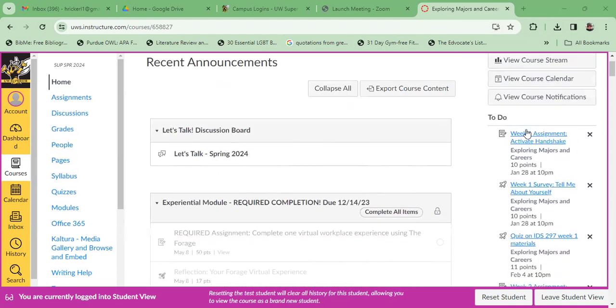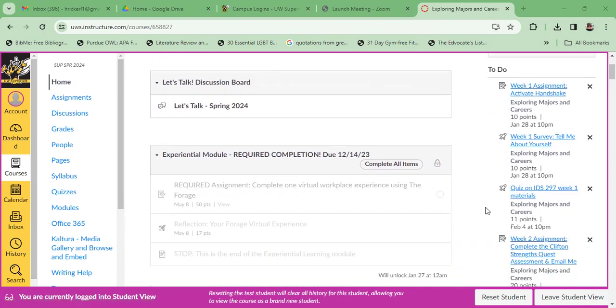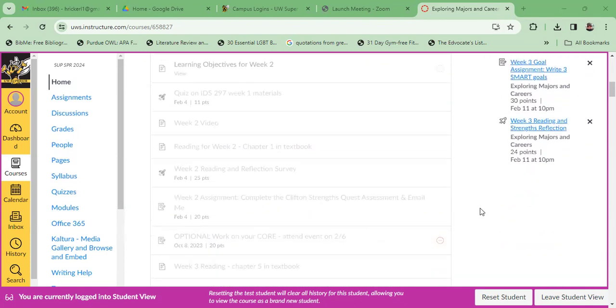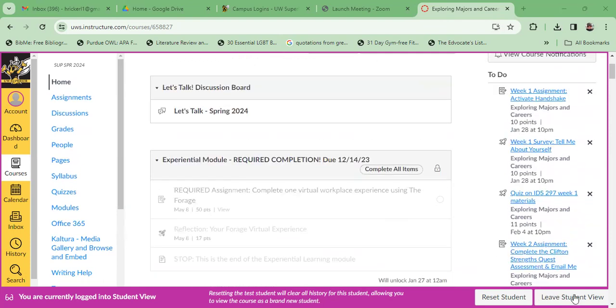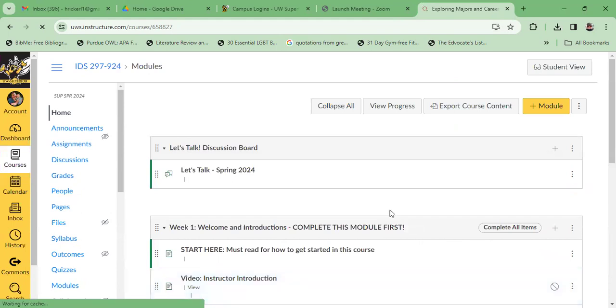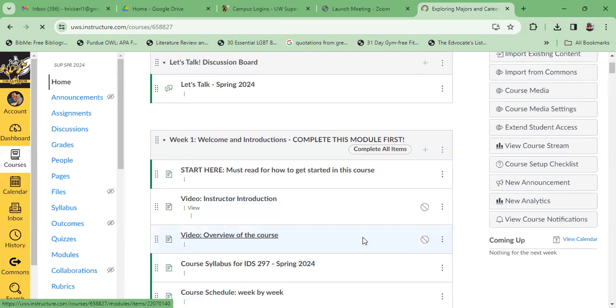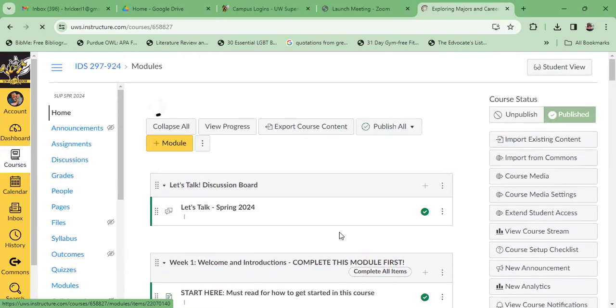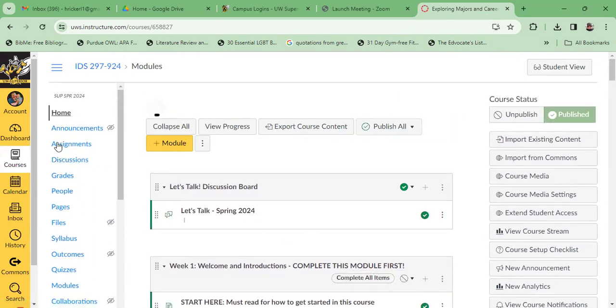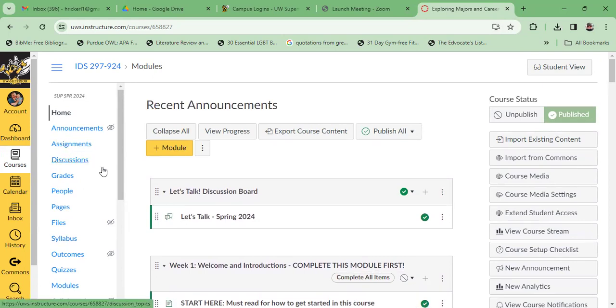And then you'll also see on the right-hand side the assignments that are due. Those are up on the side, and I'm going to leave student view and go back to the instructor view right now. So now I'm in instructor view and I can see everything here. Obviously I'm working on videos right now, but you will find announcements, which I do use almost every week. I try to get something out there for you, so please take a look at those. Usually it's notes about deadlines coming and things like that.